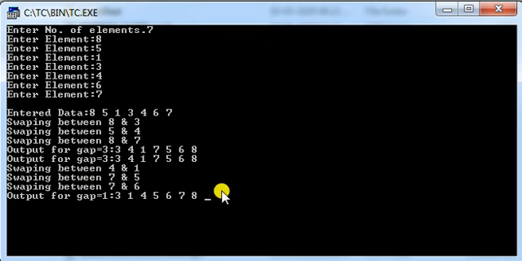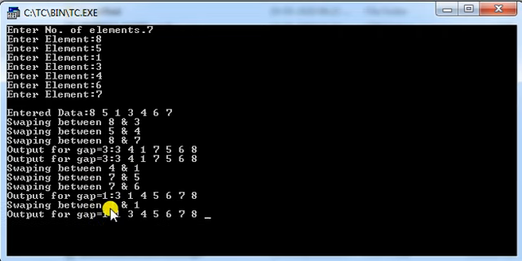Okay, so again, it will continue the comparison with the same gap equal to 1. One more swap is there, 3 and 1. So 1 will be there. As you can see over here also, one swap occurs. So it will continue the same procedure with the same gap, gap equal to 1. As you can see, there is no swap taking place over here. So it will reduce the gap.